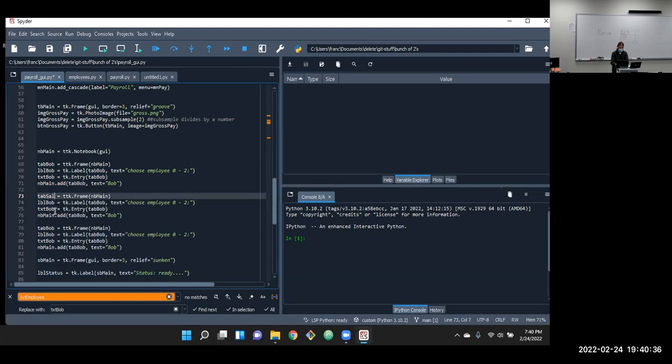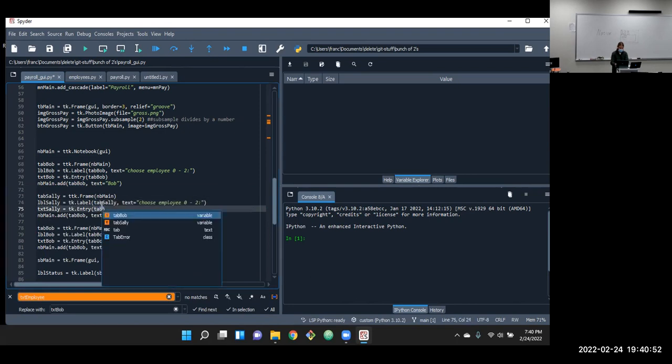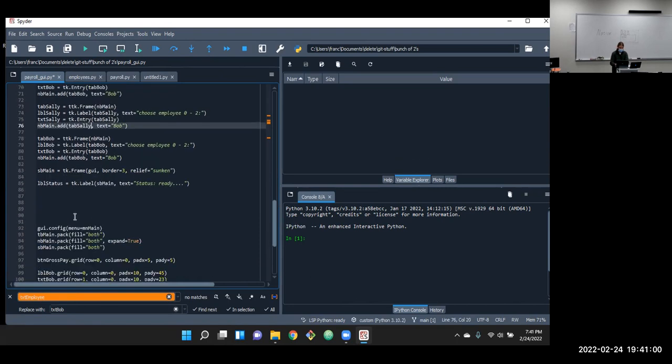Tab Sally goes in the same place. LBL Sally, TXT Sally, tab Sally, tab Sally, and then add tab Sally to that.